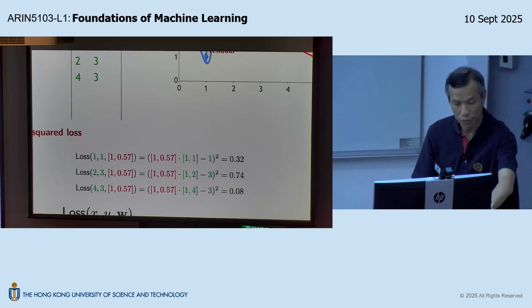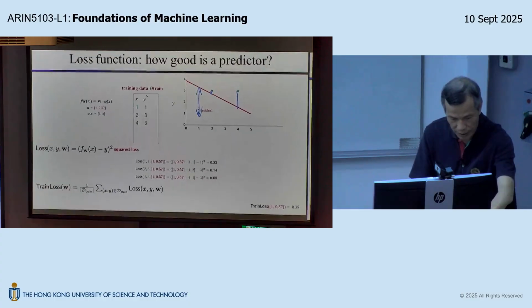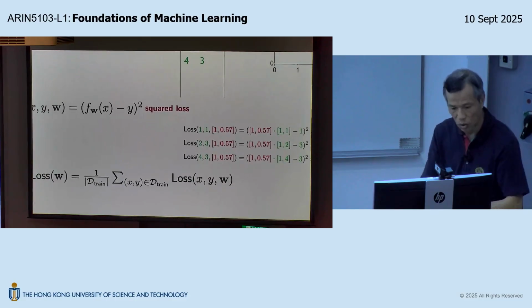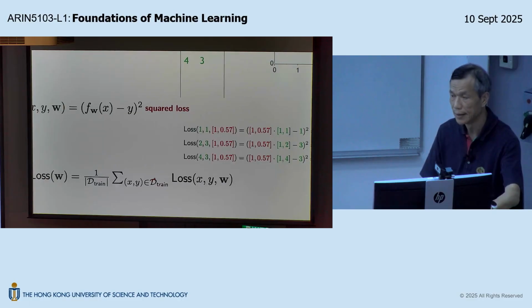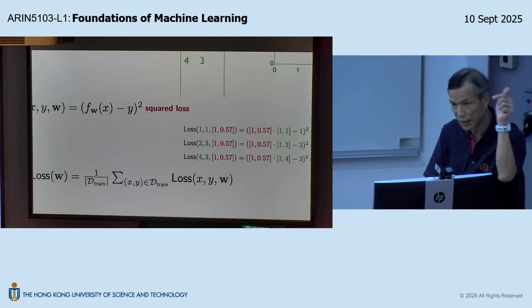Okay, and so of course, you have 3 training samples. So the training loss has to sum over all the samples in the training set. You can just use the sum, or if you want, you can also do the average. It doesn't really matter, because at the end, what we want to do is to find the W that